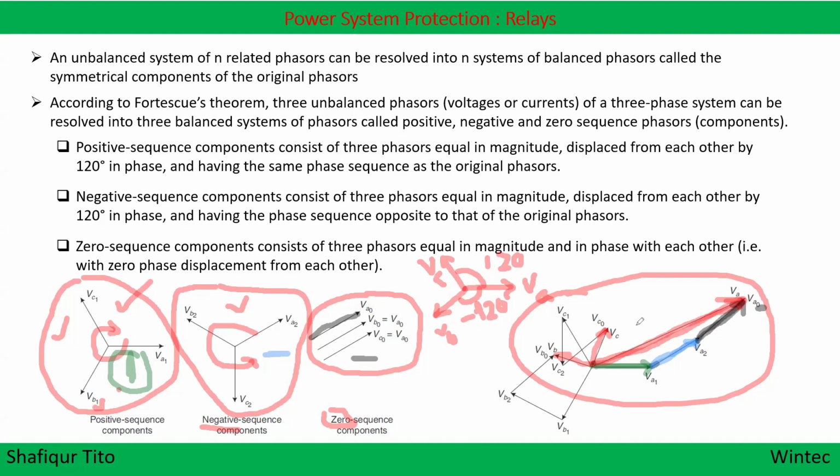Otherwise, you have to think about the unbalanced system. You have to consider all the three phases simultaneously, and that creates the complication. So that's why we want to find out the